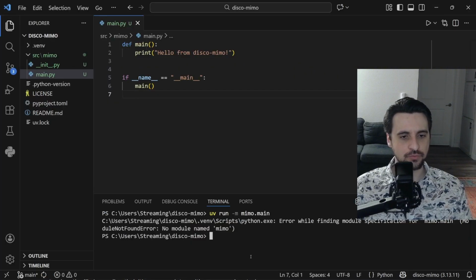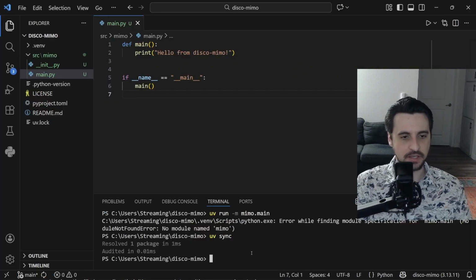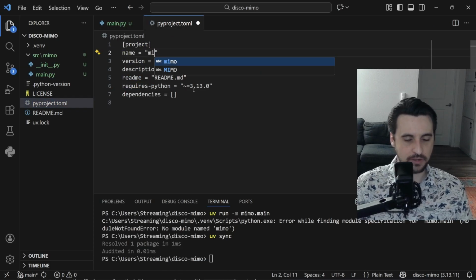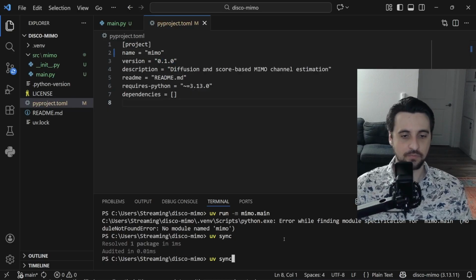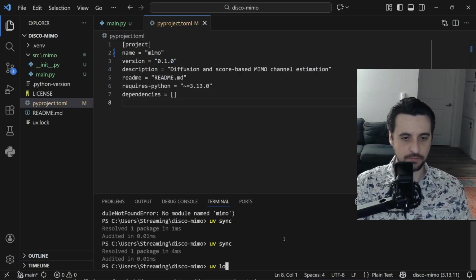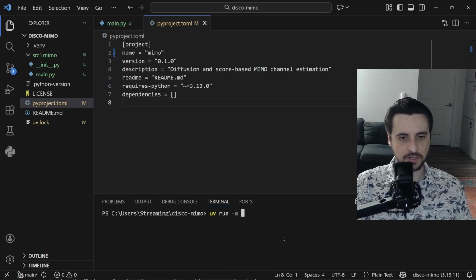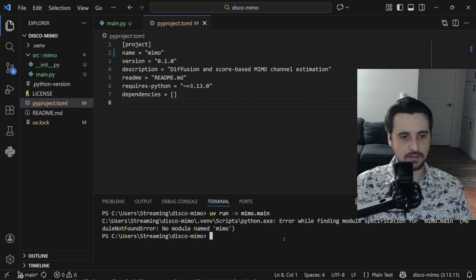Of course, we need to reinstall. We need to run uv sync again, and we need to rename our name in the pyproject to be MIMO. There we go. And we can do uv lock. So now if we do uv run -m MIMO.main,